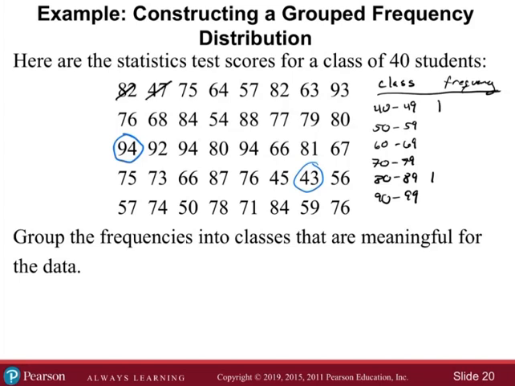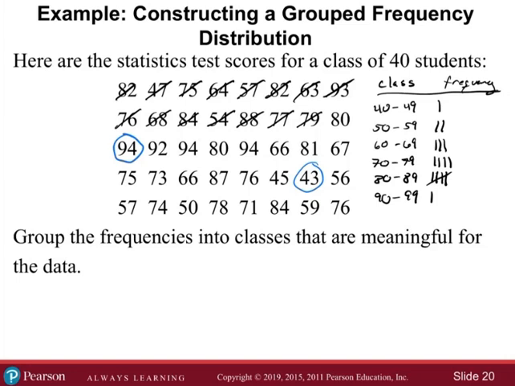Cross it off. 75, 64, 57, 82, 63, 93, 76, 68 is here, 84, 54, 88, 77, 79, 80,